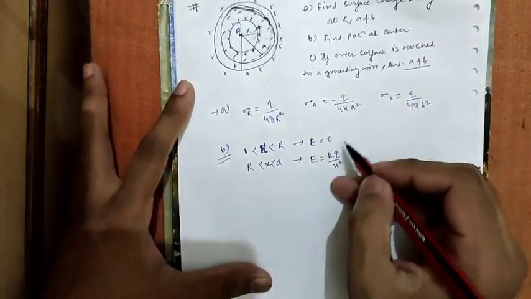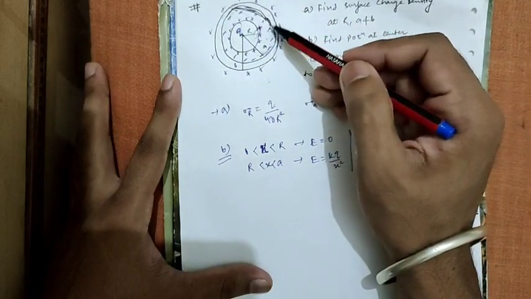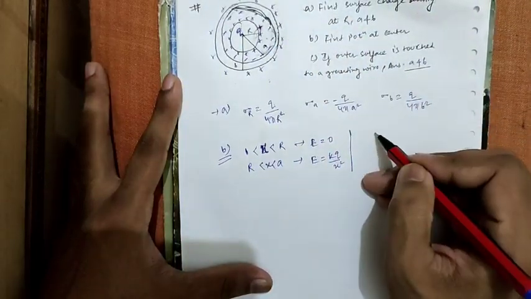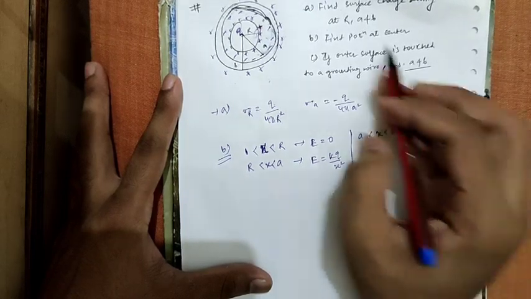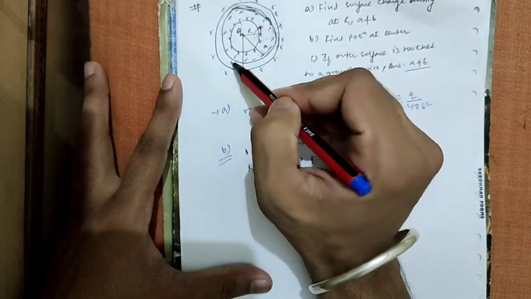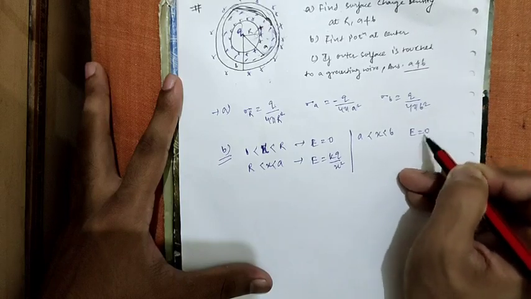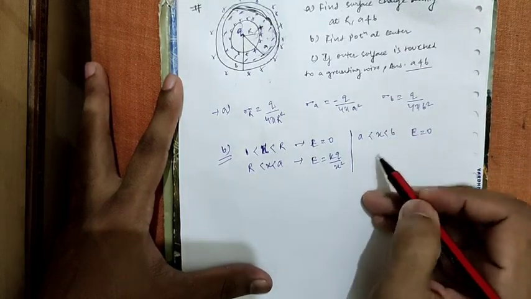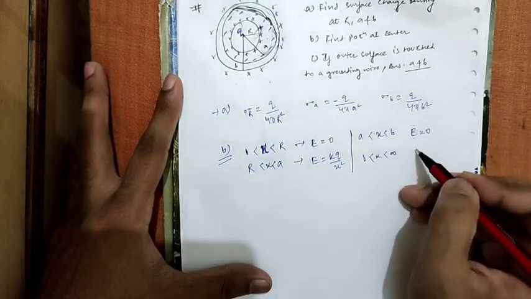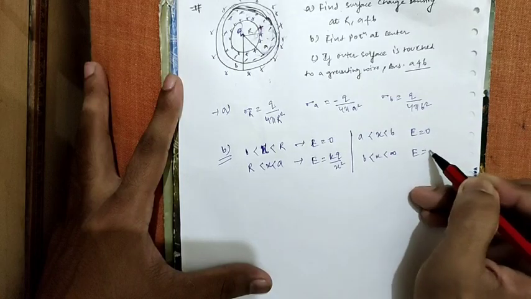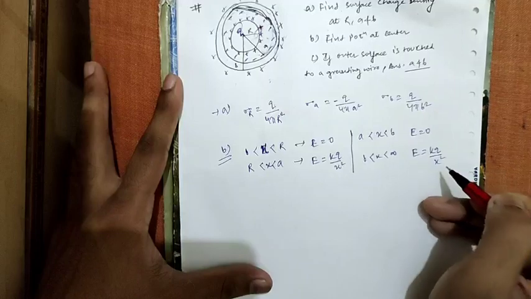Okay, and the electric field from a to b, x from a to b. Now for x from a to b, take a Gaussian surface here, the net charge will be 0, so the electric field is here also 0. And outside, for x between b and infinity, the electric field is equal to kq by x square.